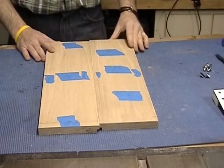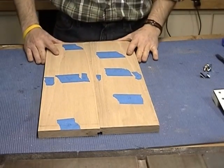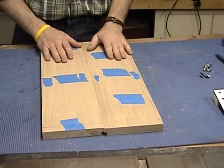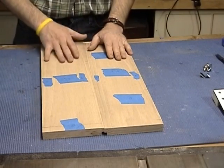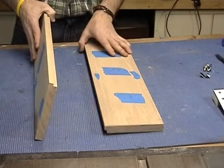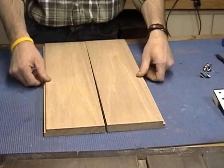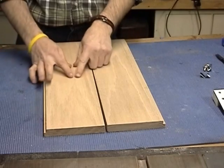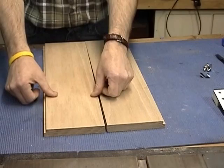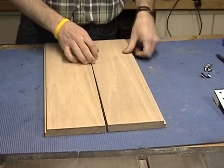Alright guys, now that we've made the marks for our shelves, we can go ahead and set up the dado sled on the table saw and get these cuts made. But before we do, I want to talk to you about some options. If you did not want fixed shelves in your cabinet and you wanted your shelves to be adjustable, you can simply make your marks accordingly for those shelf pins. Make sure that they are evenly or equally spaced on both sides of each side piece so that your shelf